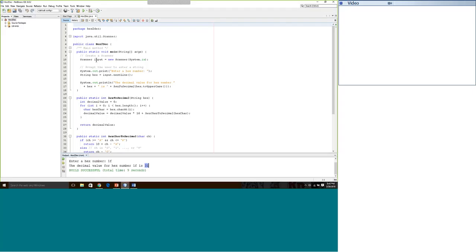Let's see how it's constructed. We're getting scanner input, and I am going to enter my 1F into a string variable called hex. So my 1F now goes into the string variable hex. The next is a print statement. The decimal value for hex number 1F is, and now I am invoking the hexadecimal method